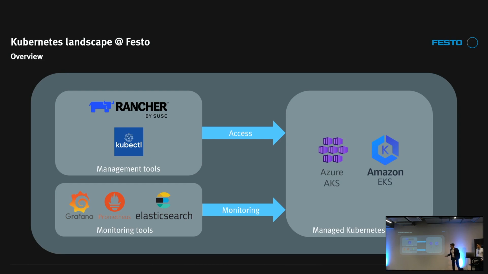And yeah, we have also, of course, some monitoring tools in place which are provided from our side. This is on the one hand Prometheus, a time series database with a Grafana front end to visualize all the metrics. And since around 1 month, we have also an Elasticsearch instance where you can forward the logs of the containers, and you have a persistent history of all the logs of your containers. So that's the basic overview of how we operate that here at Festo.